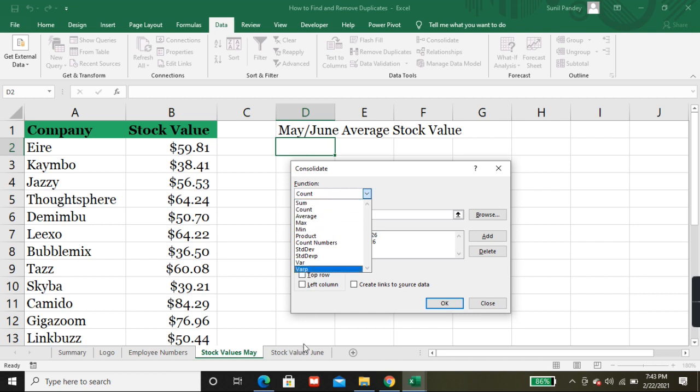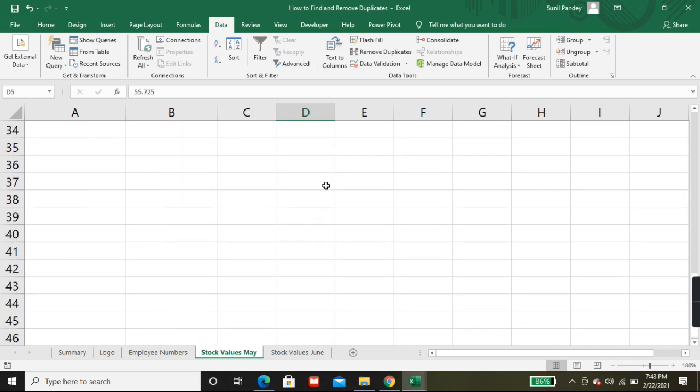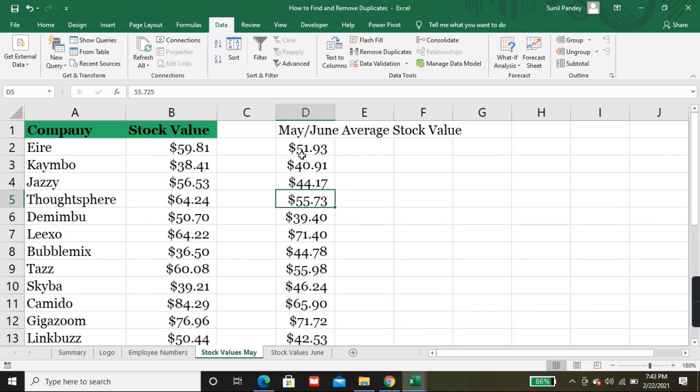You can do a lot of things from here. You can summarize both the sheets. You can count, average, max, min, and so on. This time we would require the average. So just click on that, click OK. See, got it?